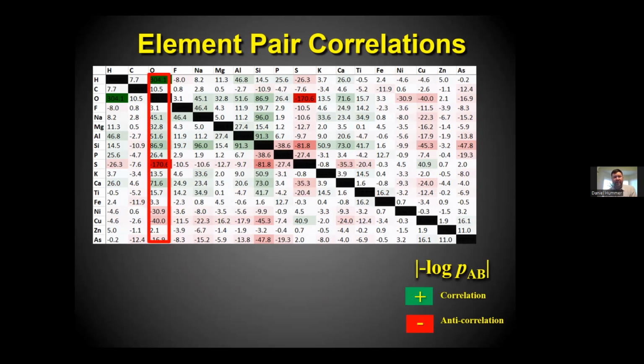And you notice a couple of interesting things here. If you choose a column, for example, take this column for oxygen, first of all, there's a ridiculously strong correlation between oxygen and hydrogen, right? And that makes a lot of sense. Those are hydrous minerals. But then as you go down the list, you get somewhat weaker correlations, but there are some positive correlations here between sodium, magnesium, aluminum. Okay, again, that all makes sense.